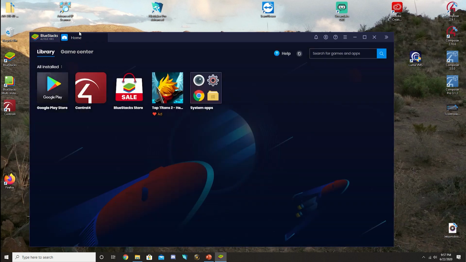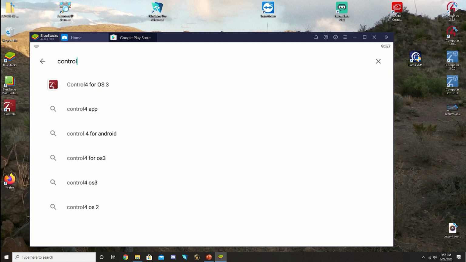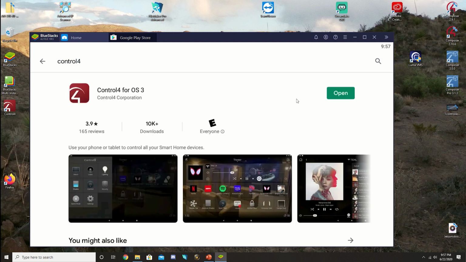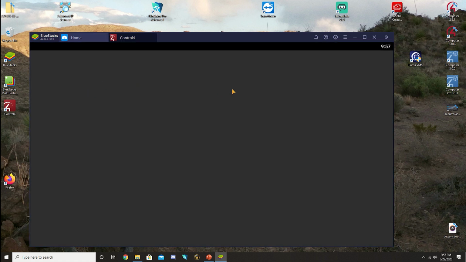So you'll go to the Play Store. You'll search for Control4. And then just open Control4, and once you do that, it will look like this. Once you open it up,